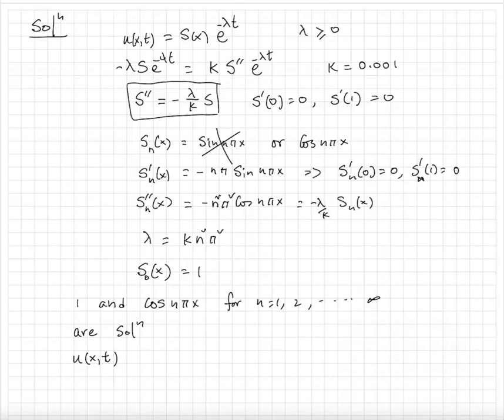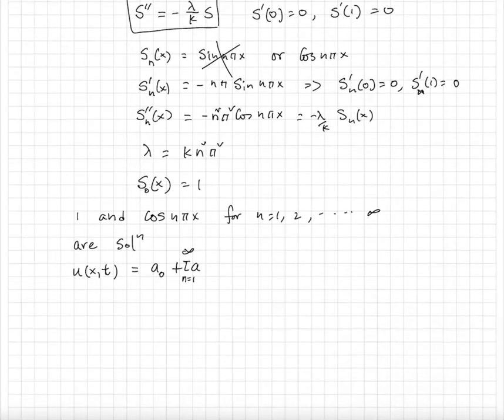So you take all of them: maybe a0 times 1 plus a1 times cos pi x. That perhaps we have already practiced from other lectures. We can say I can take a sum over n from 1 up to infinity